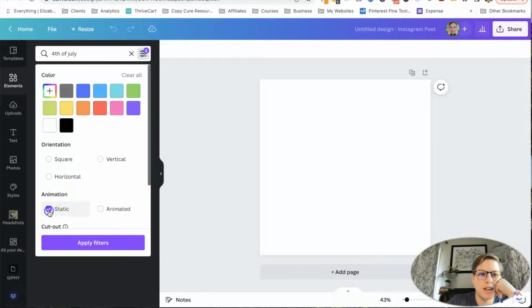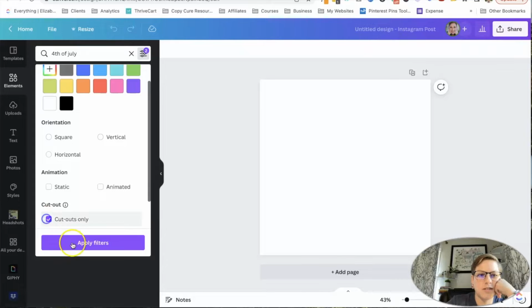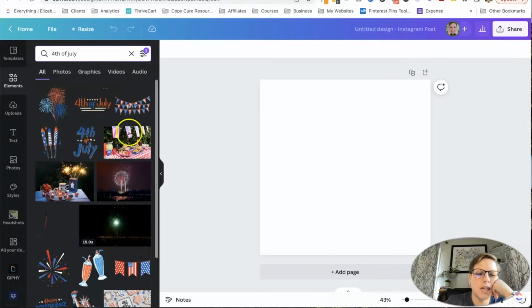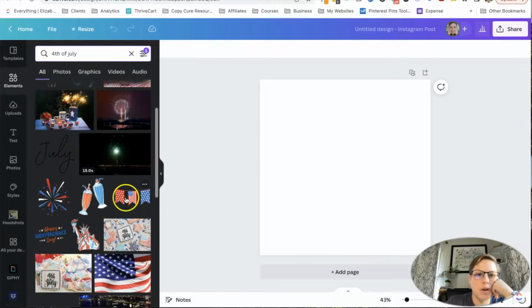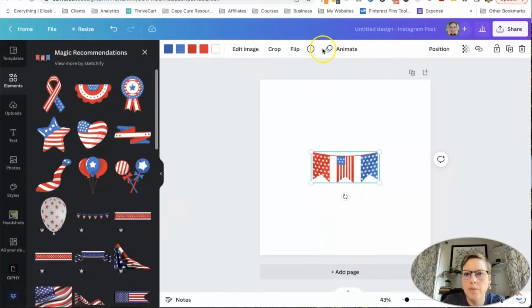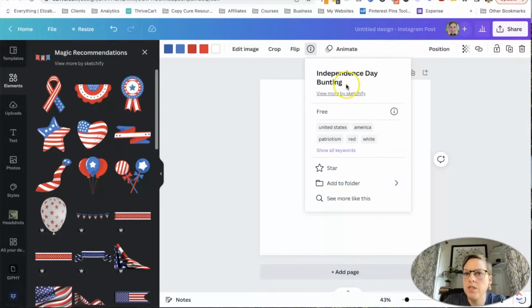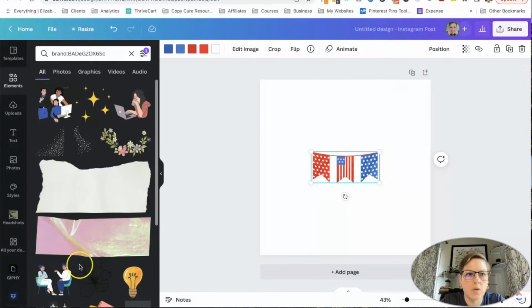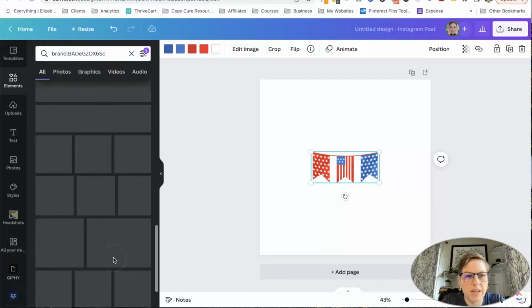Let's go ahead and see if that helps. That does. I don't know, it's being a little glitchy because this is a static one. But one thing I like is that it shows me recommended ones, so I can hit see all. But if I go up here, I can also go to the information and it'll tell me who submitted it. So I can look at more by them and it'll pull all theirs up if you like their style.